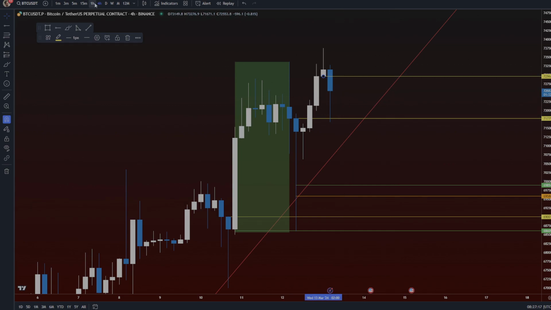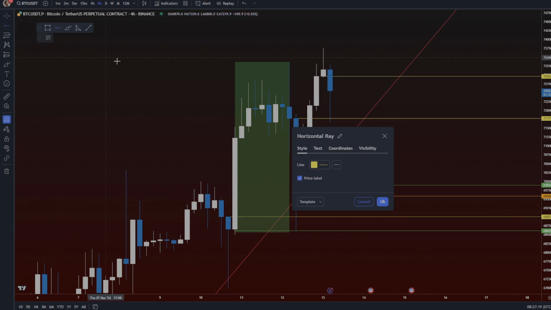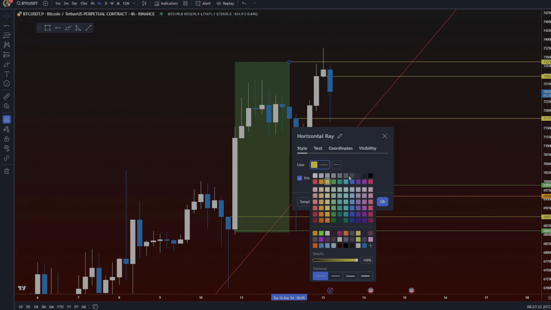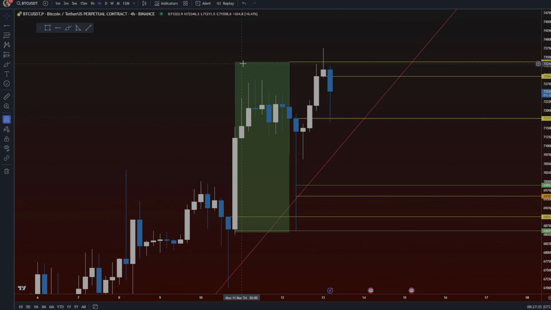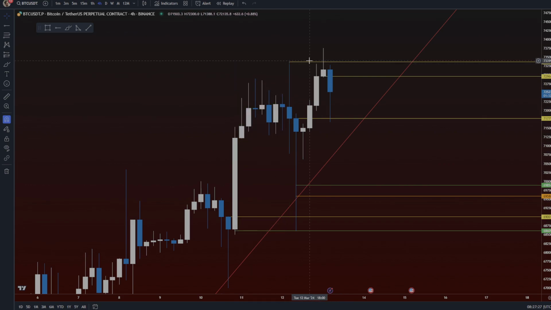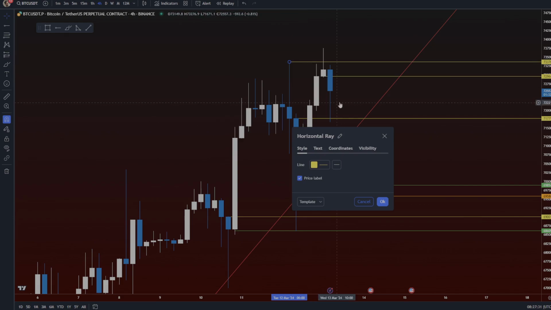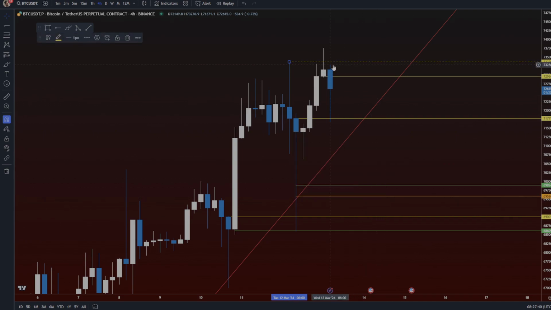So now let's start doing the work to see what else we could have. You have now also this. So you need to break over an origin as well now too. Let's think about that as all the potential roadblocks that could be in the way. You've got an origin. As soon as this 4-hour closes, which is happening in 1 hour and 32 minutes, now you've got 1 hour and 32 minutes before you have to start moving up. If you start moving up in the next 1 hour and 32 minutes, yeah, I think it might make sense to take a long here, but you've got an origin there that you have to get over.